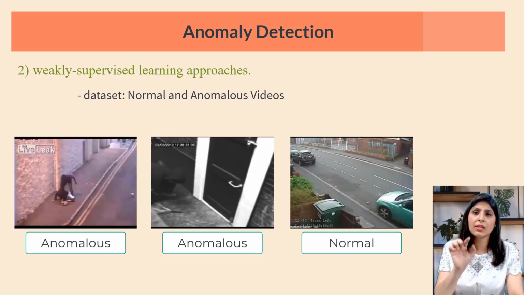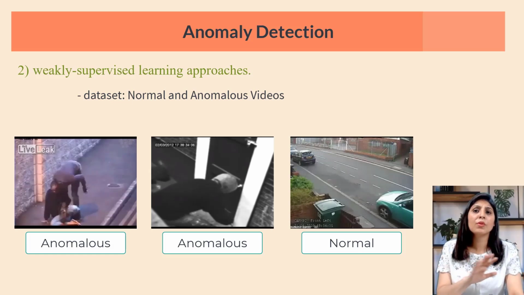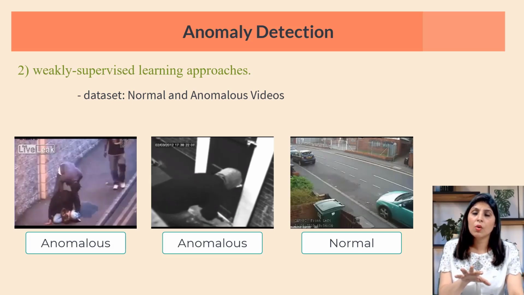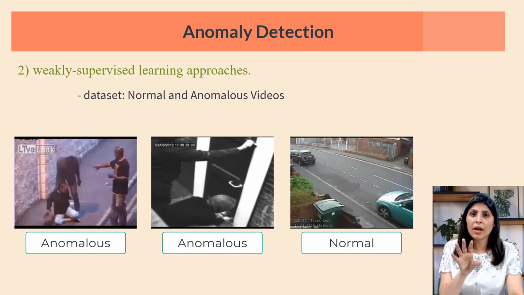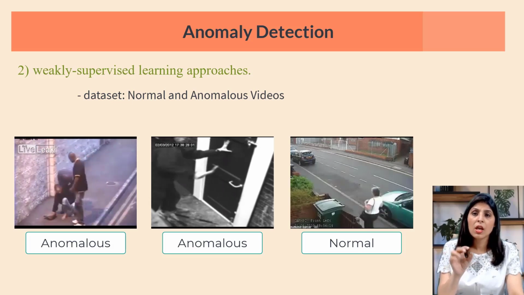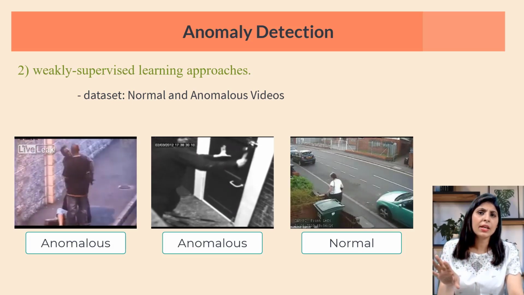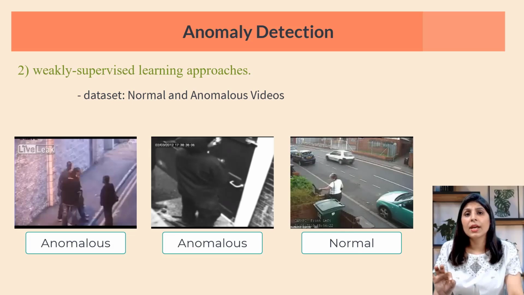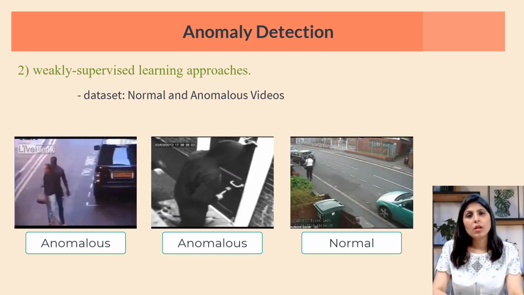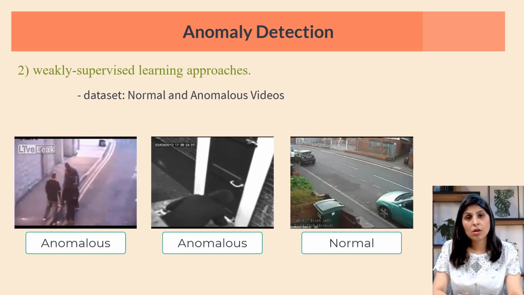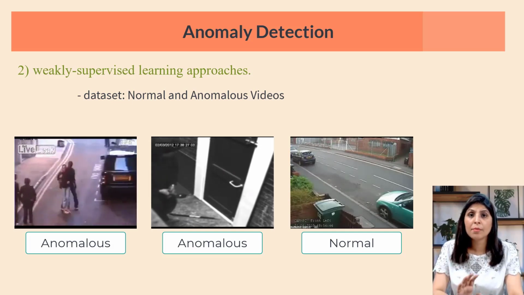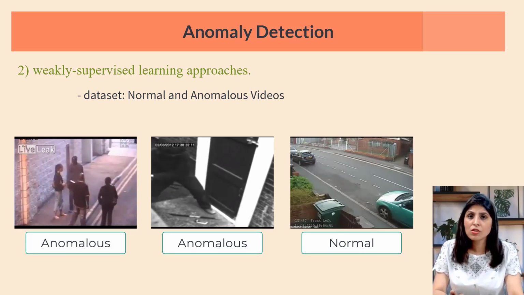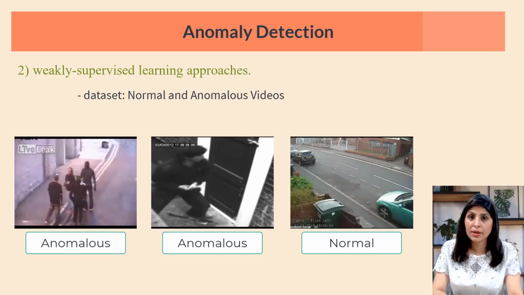We just know that in this video there is some anomaly, but we don't know the location where that anomaly actually happens. So we label the entire video as anomalous if there is any anomaly in any frame of that video. This approach is simpler than labeling individual frames. Traditionally in anomaly detection, you would need to go through each video and manually label each segment or instance where an anomaly occurs. This process is called annotation and it is time consuming and labor intensive.